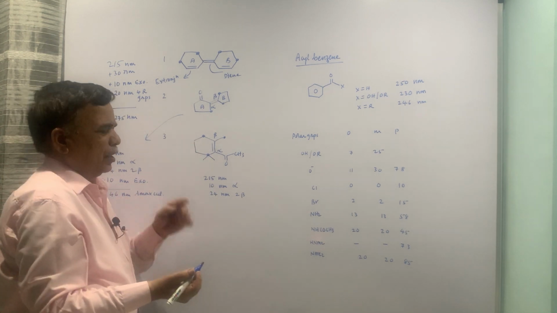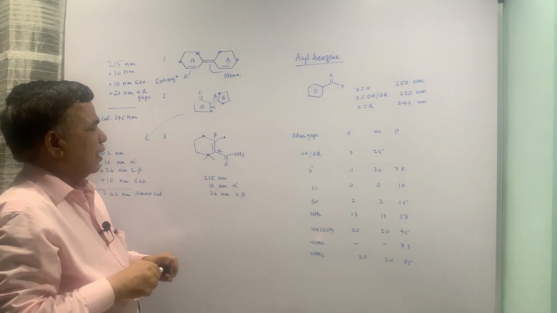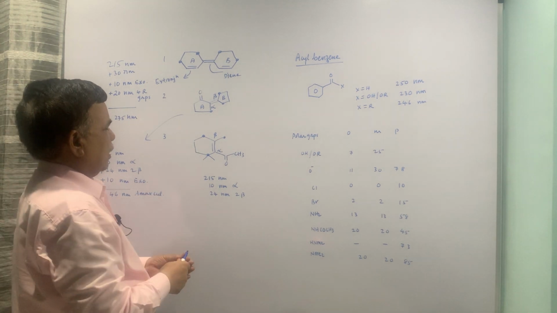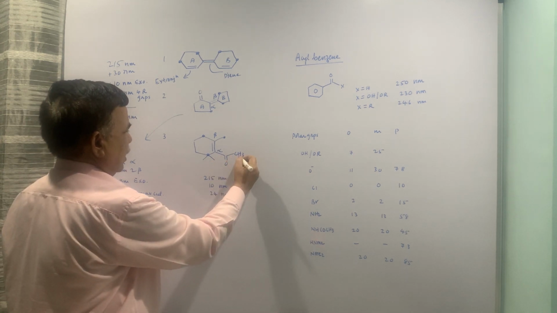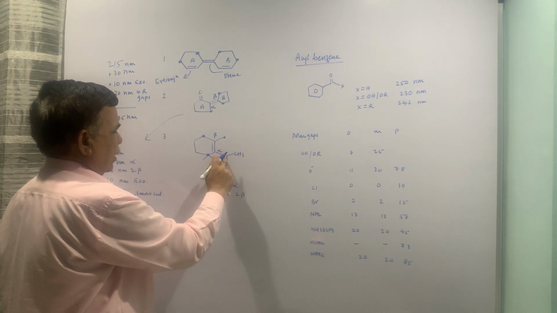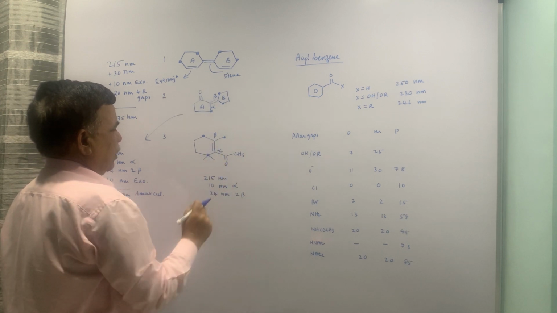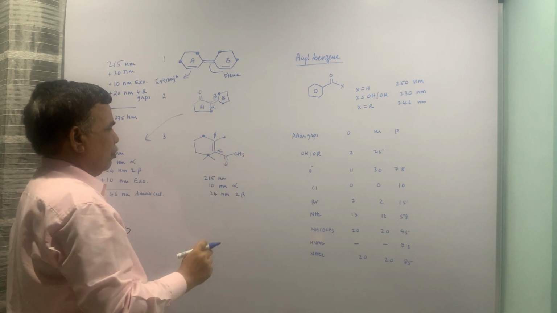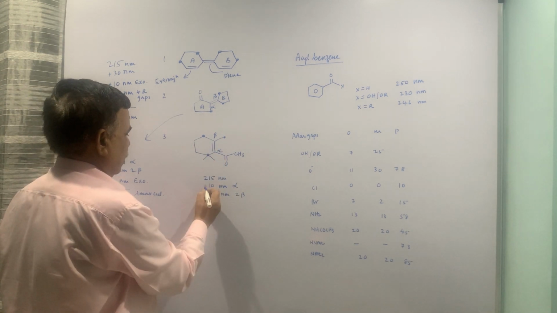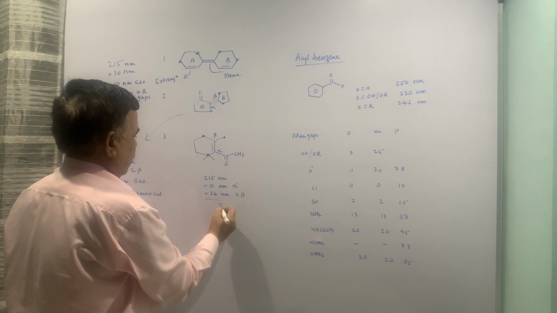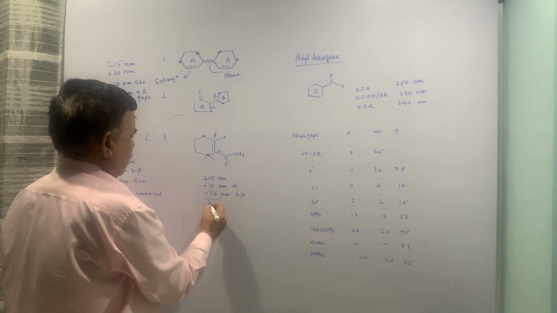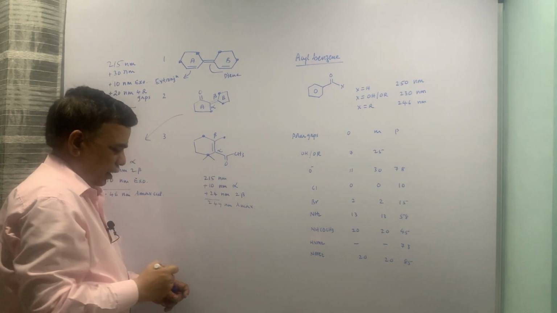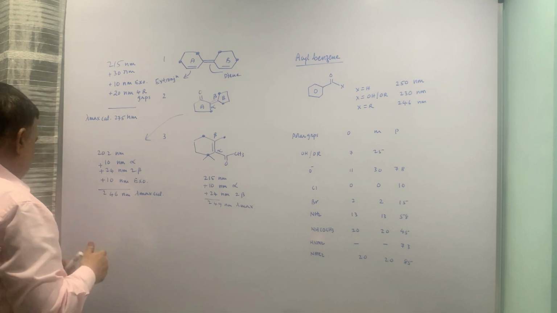exocyclic, there is no question because this double bond is endocyclic, and that has to be added together. And remember that this is also alpha, but that has not to be counted. Only the carbon which is having double bond and which is a part of the enone chromophore, that is to be counted. So it is 5, 4, 9, 4. This is lambda max calculated for the enone chromophore number 3.